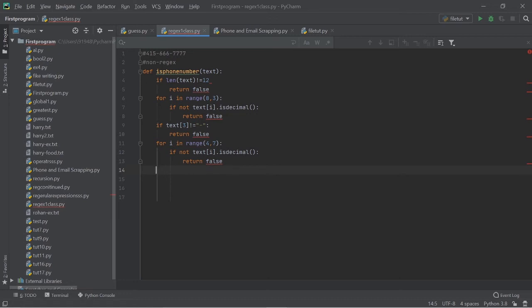Then for the seventh one, let us make use of this statement. Control C. Then we'll paste it over here, Control V. Here let us give it as 7. Okay, it will return false. Then again it will go to this pattern and search for this one. Then let us copy this one, Control C, and paste it over here.